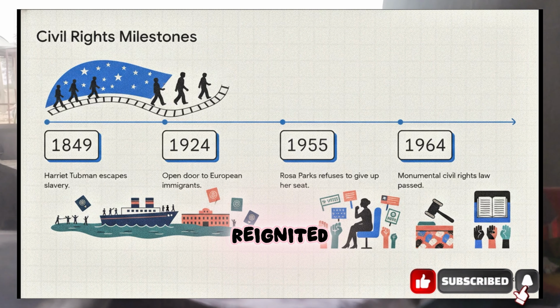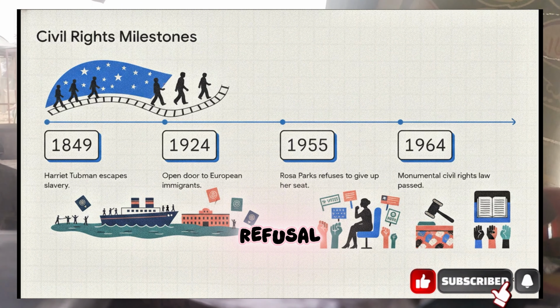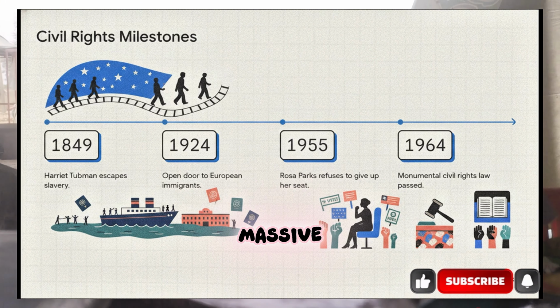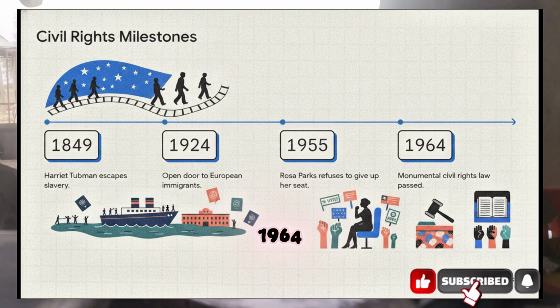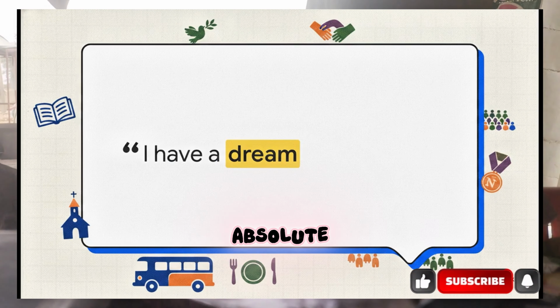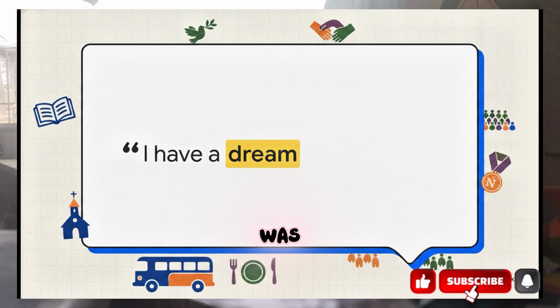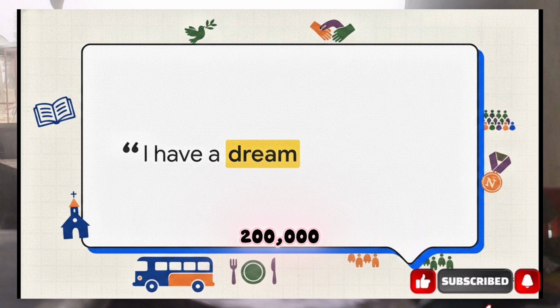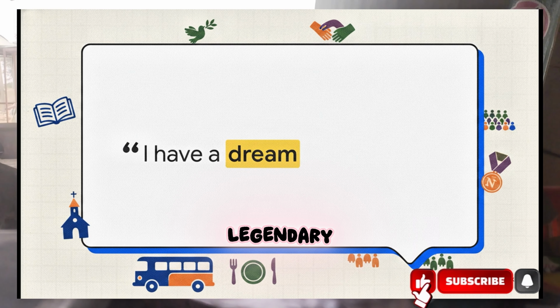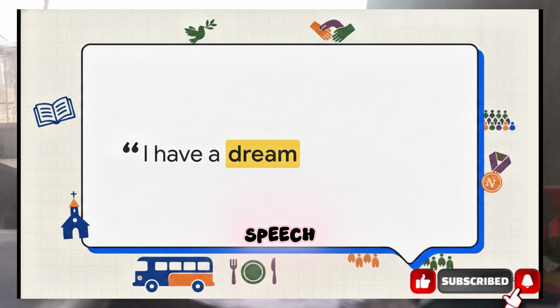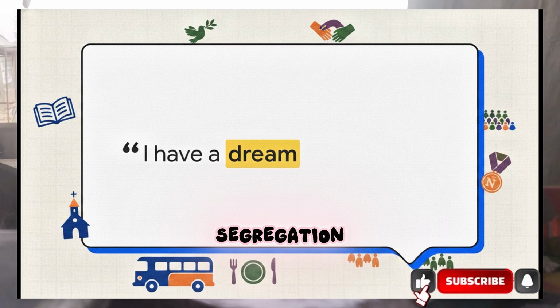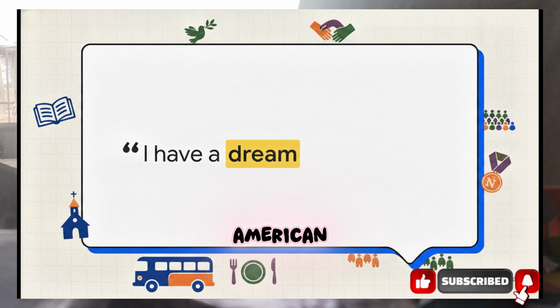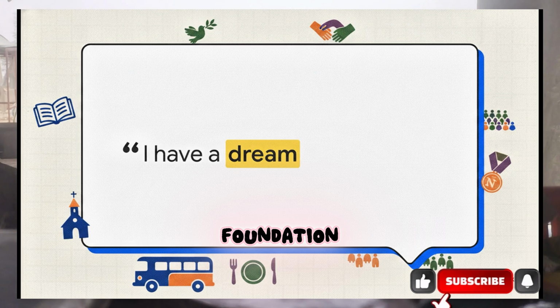And it was reignited by everyday citizens, like Rosa Parks in 1955, whose simple refusal to give up her bus seat sparked a massive movement that finally led to the 1964 Civil Rights Act. At the absolute center of that civil rights movement was, of course, Martin Luther King Jr. In August 1963, standing in front of 200,000 people in Washington, he delivered his legendary "I Have a Dream" speech. His peaceful, powerful fight against segregation brought monumental changes to American civil rights and laid the moral foundation for modern